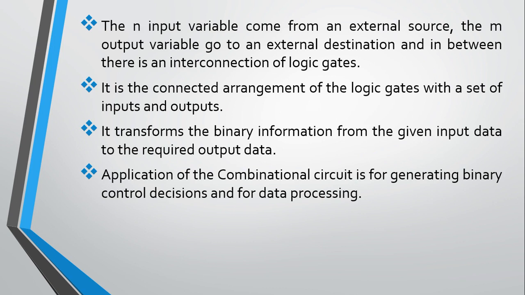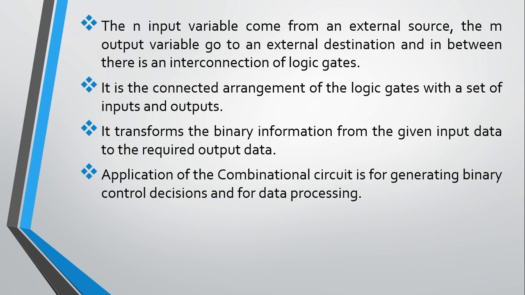See, what is the rule? In an AND gate, if both the input signals are 1 or high, at that time it will produce a high output. In the rest of the cases, it will produce 0 output. Similarly, if you have used an OR gate, at that time what happens? It will produce 0 as an output when both the input variables are 0. So this is called a set of rules.